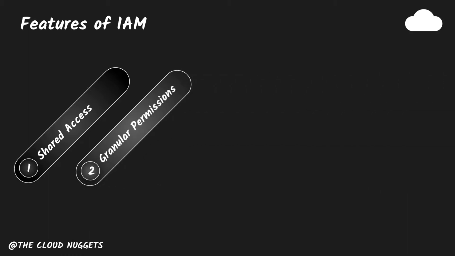Granular permission. You can grant different permissions to different people for different resources. For example, you might allow some users complete access to Elastic Compute Cloud, Amazon Simple Storage, Amazon DynamoDB, Redshift, or other AWS services. For other users, you can allow read-only access to just S3 buckets, or permission to administer just some EC2 instances, or access to your billing information, but nothing else.